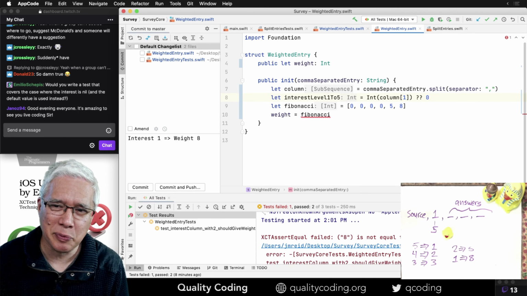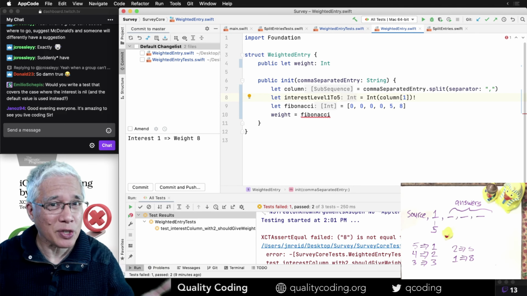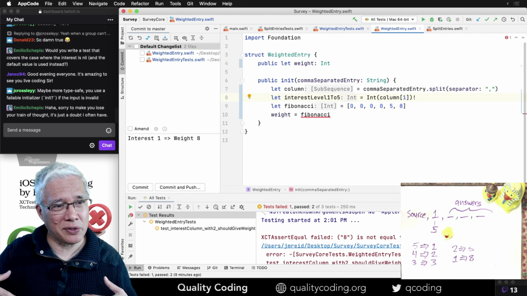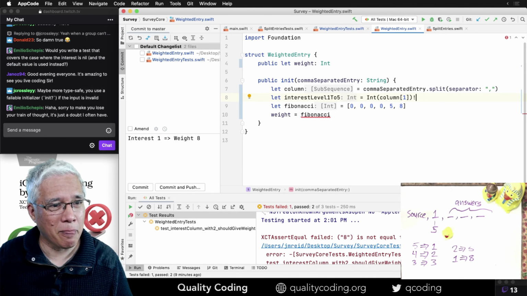Or do I want it to crash? Maybe crashing is the right thing. And this is a design question. Maybe if we get something horribly wrong, it should crash, and it shouldn't just fall back to a default. And then, do you want a failable initializer?